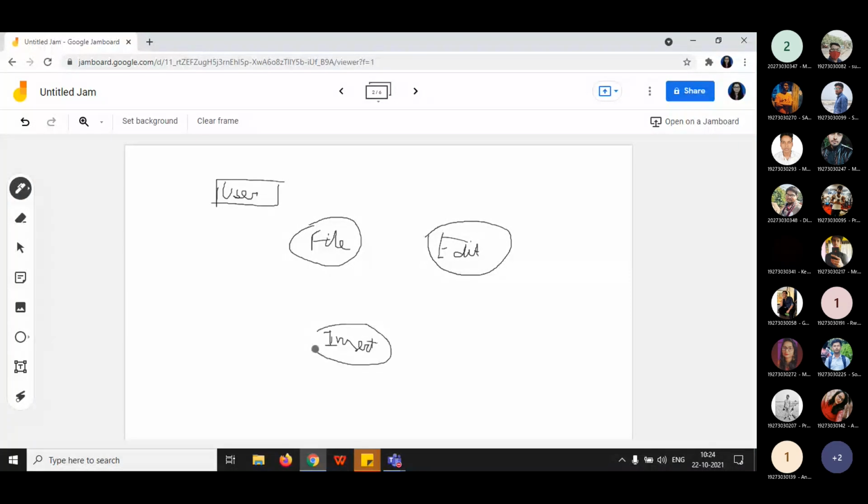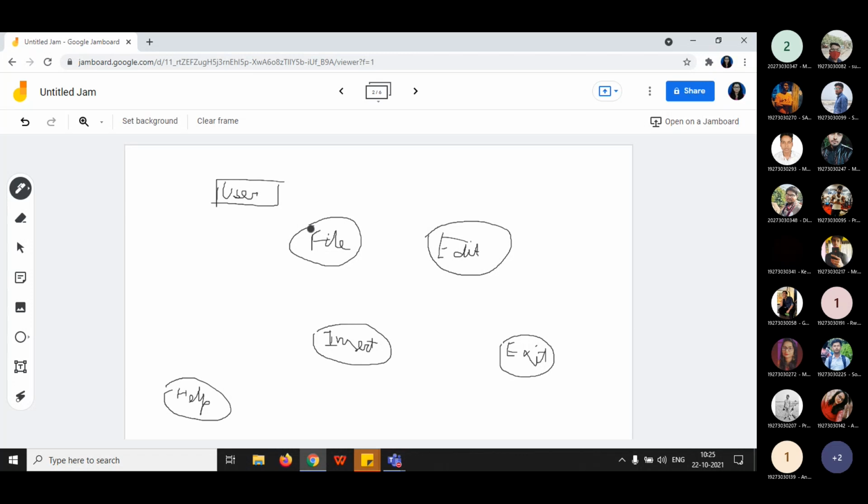We have taken these processes in the previous level. Exit is another one. Next, suppose another one is help. So these are the processes. You can take many more also, but for the sake of simplicity I am taking 5 processes and the user. Now see how the data is flowing from user to all these processes. You need to show the relationship.